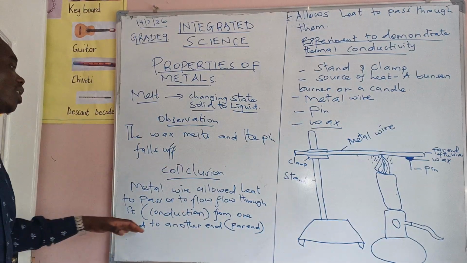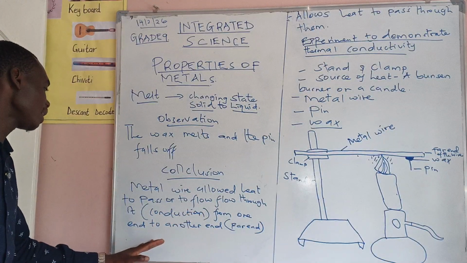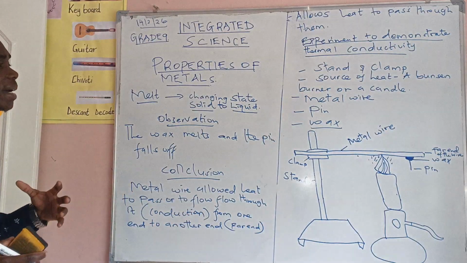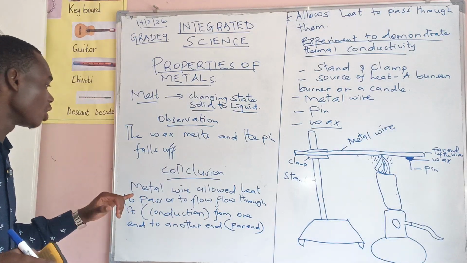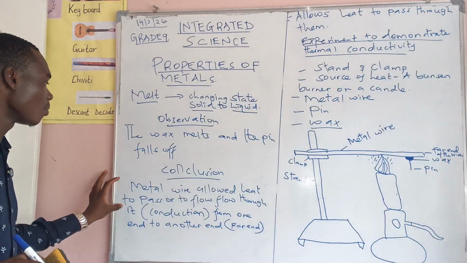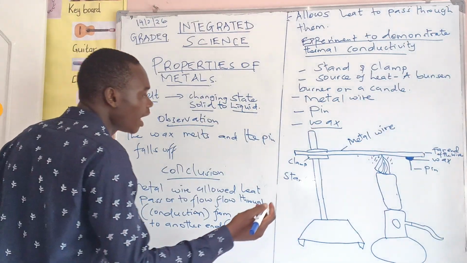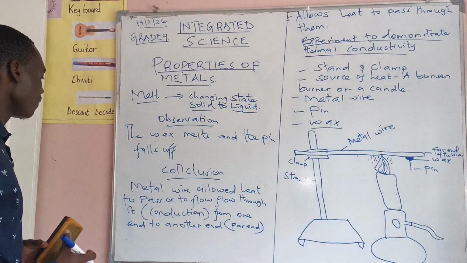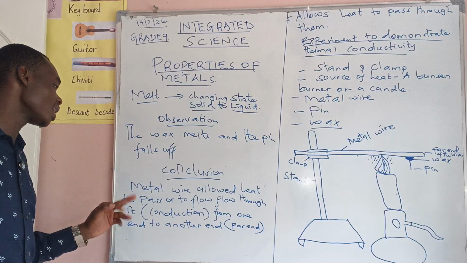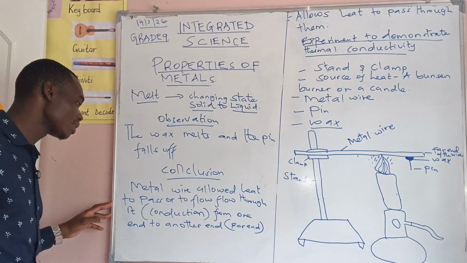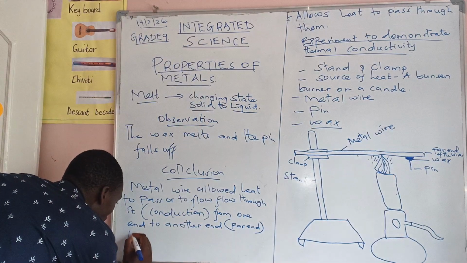It allowed heat to pass through it, that is, it conducted heat from one end to another end. In other words, it absorbed some heat and was able to move the heat from one end to the far end, and then automatically the wax solidified and the pin fell off. Now that is our conclusion. We can conclude the same metal wire allowed heat to pass through it or flow through it from one end to another end. This